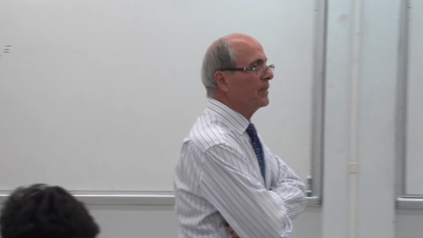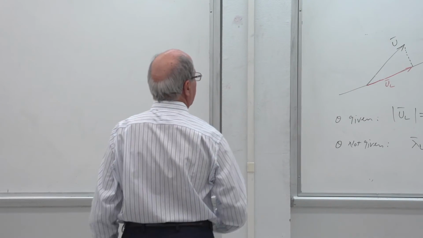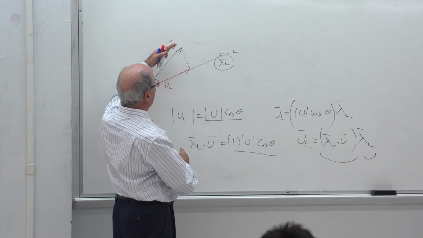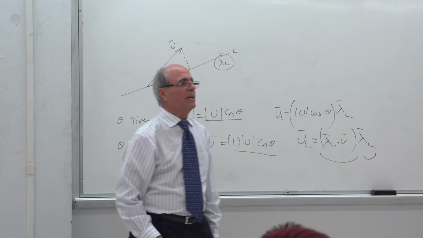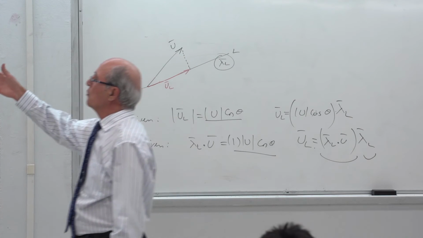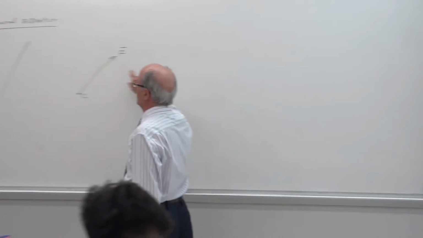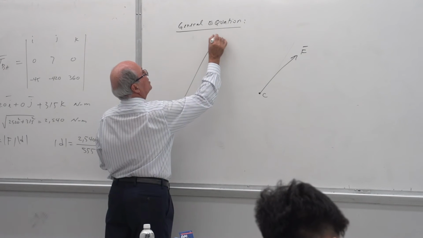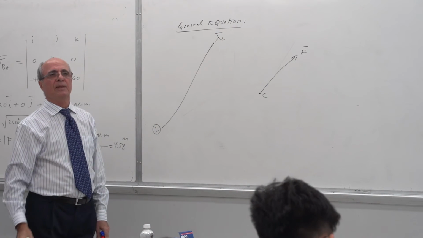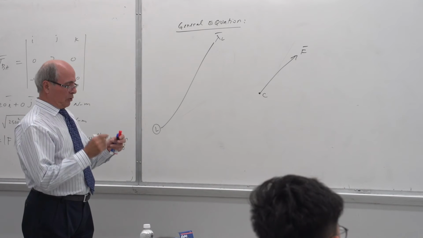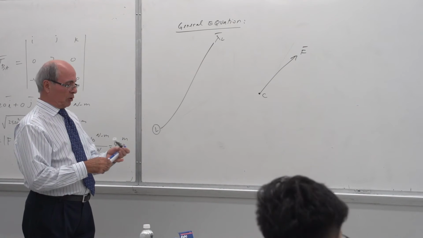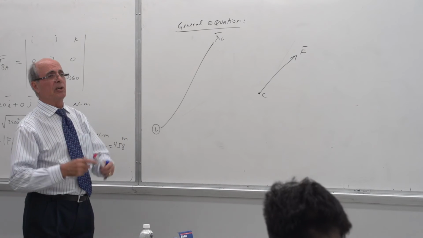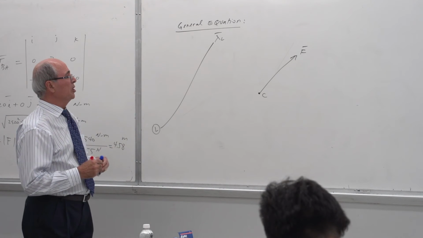Is that correct? Now coming to this one. Having this in mind, how we calculate the projection of a vector over a line, let's go there and find out the moment of this force about this line L, which will be defined by lambda L. Is that correct or not? Now, to do that, this is what we are going to do. There is a proof of it. Again, I am going to skip the proof. If I have time later on, I'm going to mention that, but otherwise, it's not necessary.